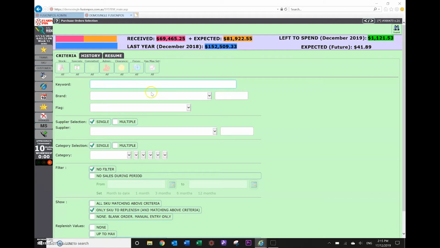This page will essentially give you a filter screen to create the information you wish to create the purchase order from. But at the top of the page, it will give you information such as how much you've received in purchase orders or spent with suppliers this month to date, along with what value of stock is expected to arrive before the end of the month, and in comparison to the same month last year, if you've been trading for longer than 12 months on Fusion POS, it will show you how much you have left